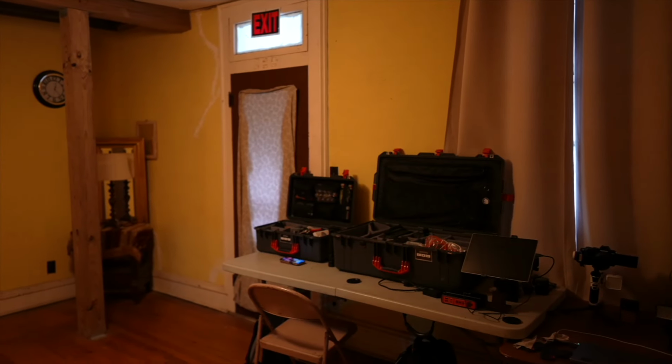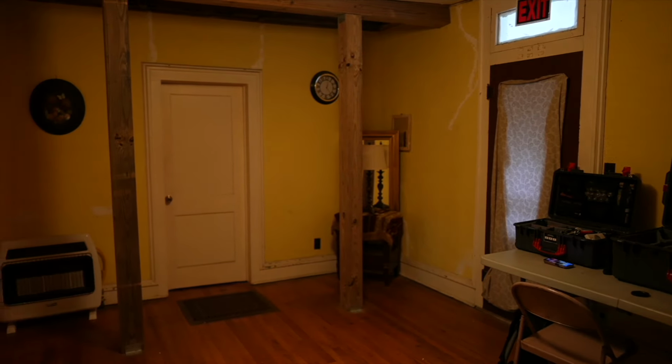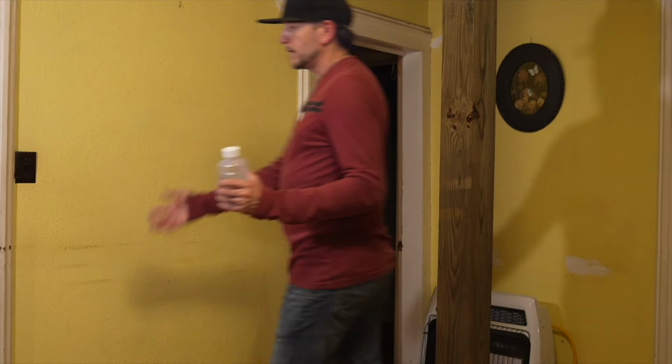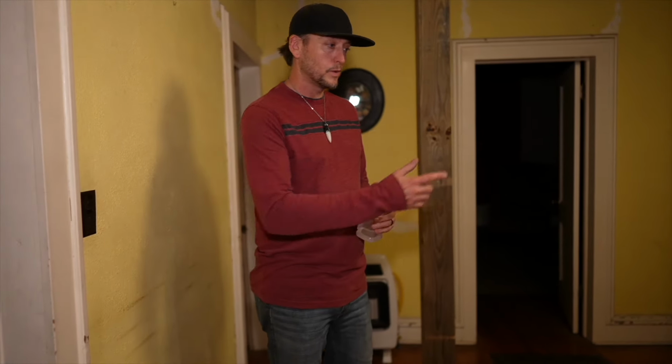But this was the waiting room, so he actually used this for their doctor's office entrance, and then you can see where the chairs for the waiting room had rubbed along the walls over the years. But it was a husband and wife doctor, and he had his practice through this door, and hers was through this way. So it's interesting, like just a picture, because I never got to see it in that form, but I have people that come in and say, oh yeah, I went here and went there, and this is what we did. So I've built, like,